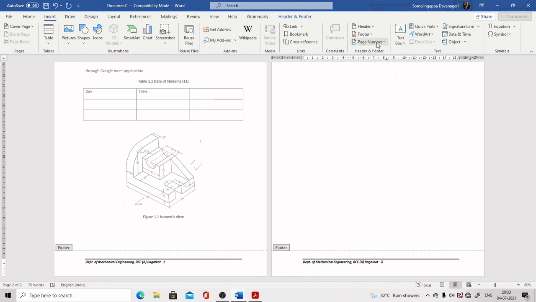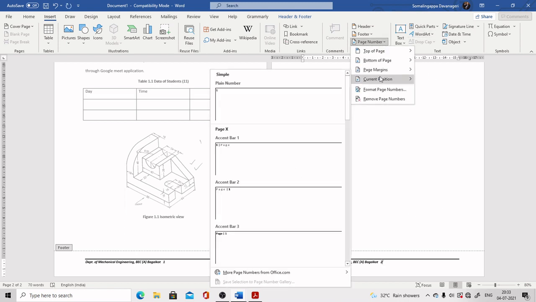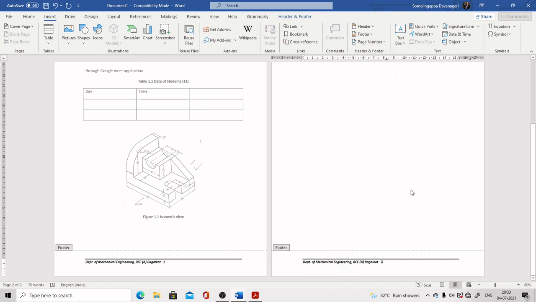Go for plain number. Now you can position this one. You can go for spacing it. Provide some space and it's going to come to the required position. Then you close here.